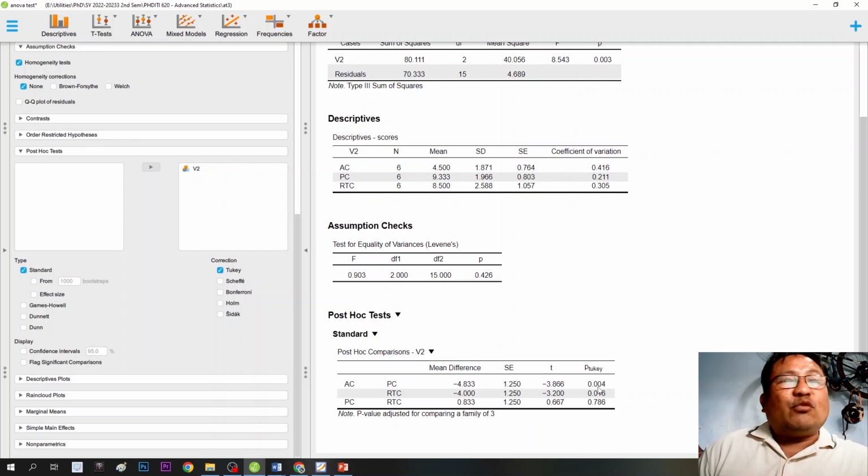p is equivalent to 0.003. There was no statistically significant difference between the test scores of the cocaine addicts who were assigned to placebo plus counseling, or PC, and RTC groups, where p is equivalent to